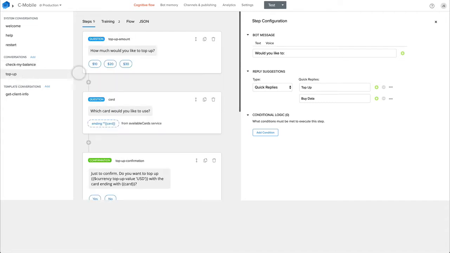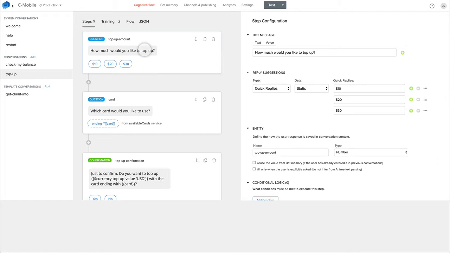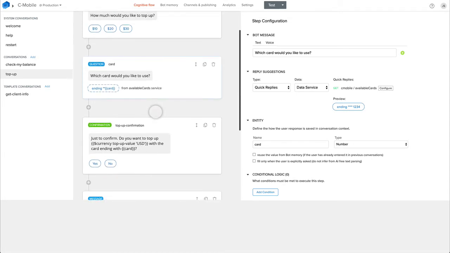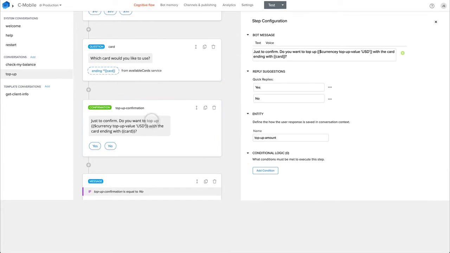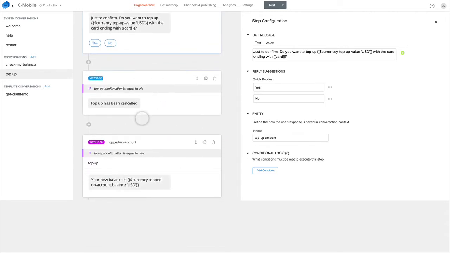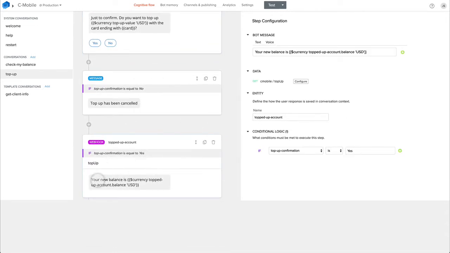We could go and even top up. So in order to top up, there's a question step that asks you how much you would like to top up, and you could choose between values of $10, $20, and $30. Then there will be a question in terms of which of the cards that you would want to use that is already stored on the system. You will also be asked for confirmation that this is the amount that you want to spend and this is exactly the card you want to use. And depending on your choices, you'd either cancel the transaction or we would go on and execute a webhook call